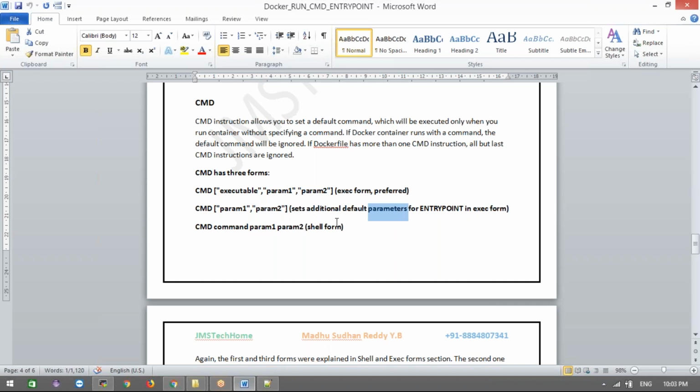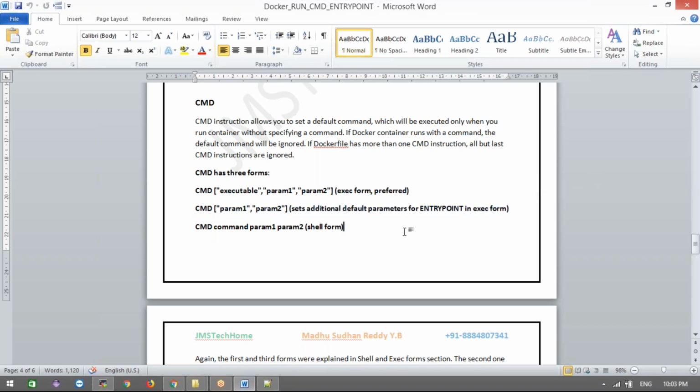In the combination, ENTRYPOINT has the executable and CMD has the parameters. I'm going to show that as an example. So CMD has three forms: shell form, exec form, and the combination of ENTRYPOINT and CMD.